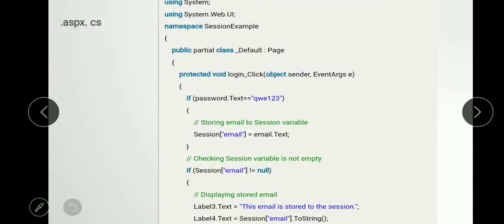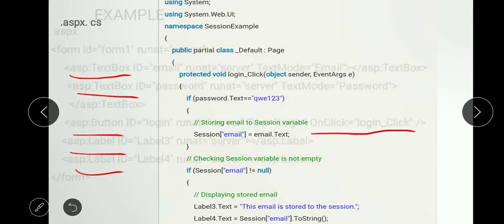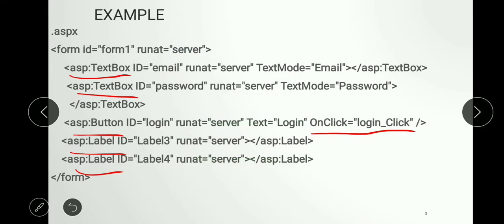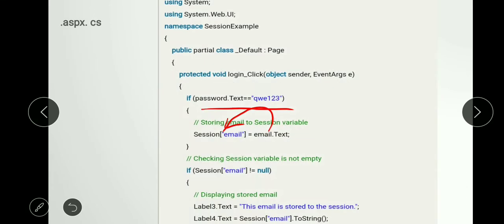Here, if password.Text is equal to whatever text we specified, then we can store the email ID entered by the user in the email text field, which we get by using email.Text, into Session["email"]. Email is the name of the session, and inside that we store the email value.